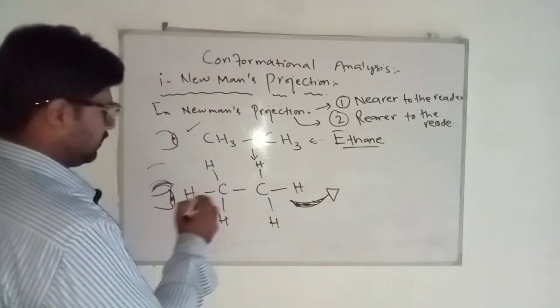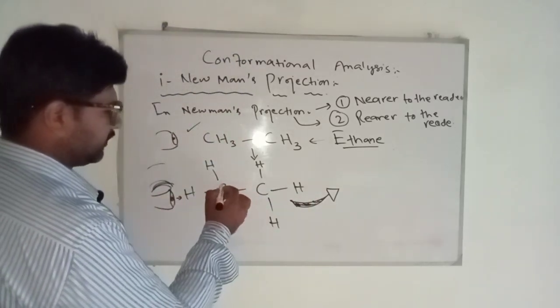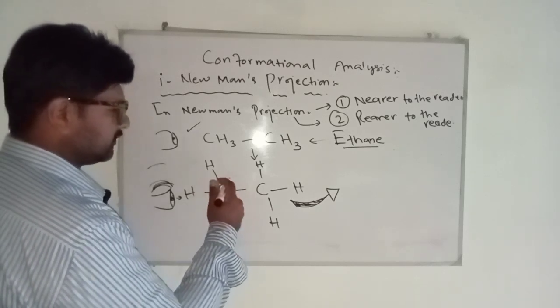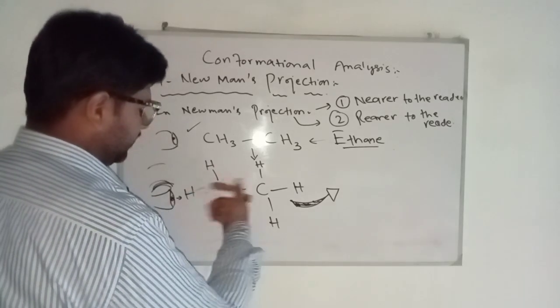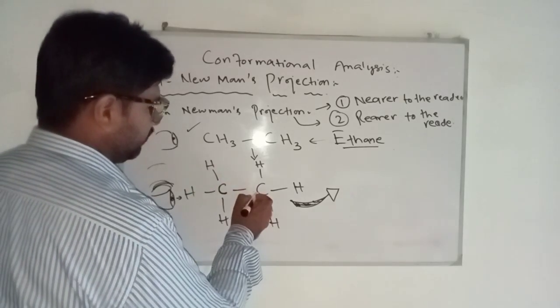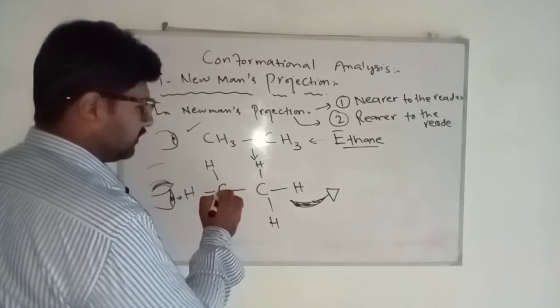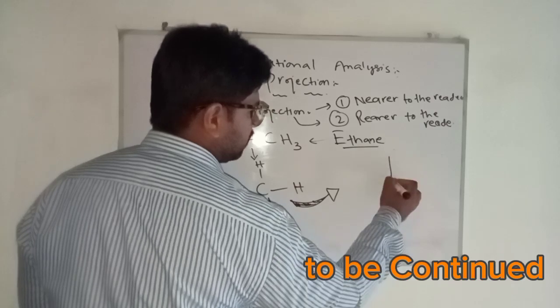So if we visualize it from here, you can see that this carbon atom will be nearer to the reader, which means it will be just towards the reader, facing the reader, and this will be far away from the reader. So the carbon atom which is nearer to the reader will be drawn from the center, and we will